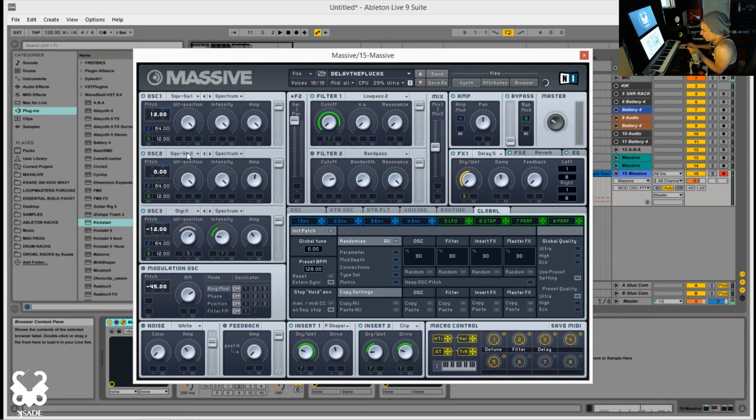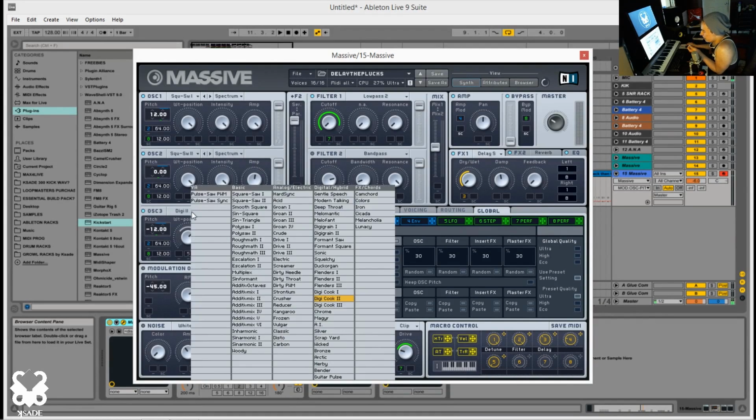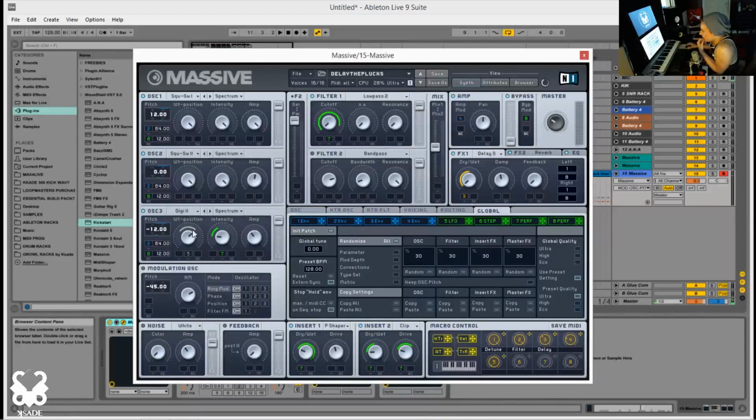So now let's go to oscillator 2. We're going to set this to a Square Saw 2. We're going to leave everything all the way up. We're going to drag the amp down a little bit, and we're going to leave the pitch down at 0. And then oscillator 3, we're going to select a Digi Cook 2, and we're going to leave the wavetable